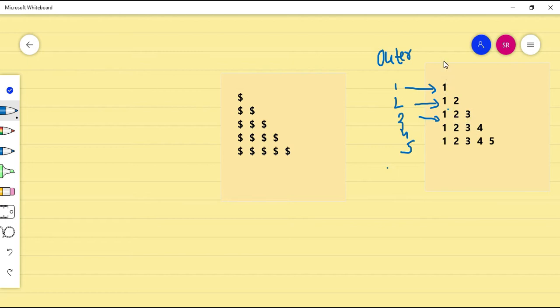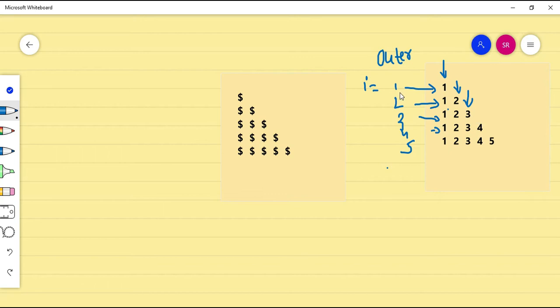Now here you can see, how many columns do you have? You have 1 column. In the next line, you have 2 columns. In the next line, you have 3 columns. For the first row, I am having 1 column. For the second row, 2 columns. For the third row, 3 columns. So, if you are getting some hint about what should be your inner loop, please type that in the comment box. Now my fourth row is going to have 4 columns, and consider this outer loop as the value of i.